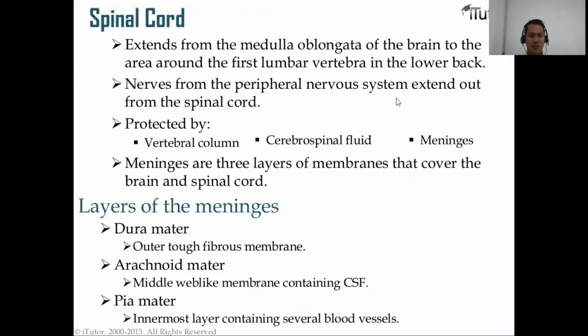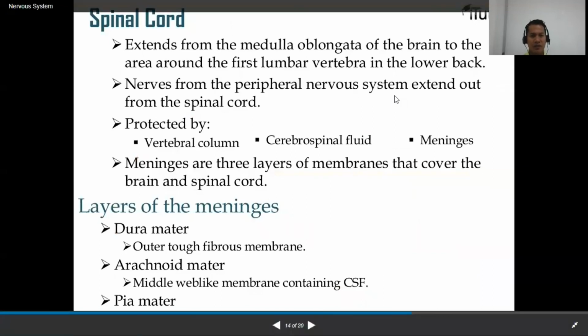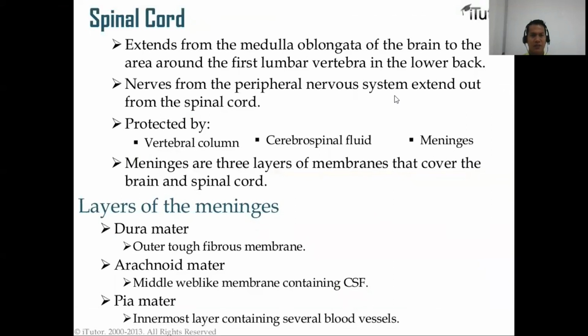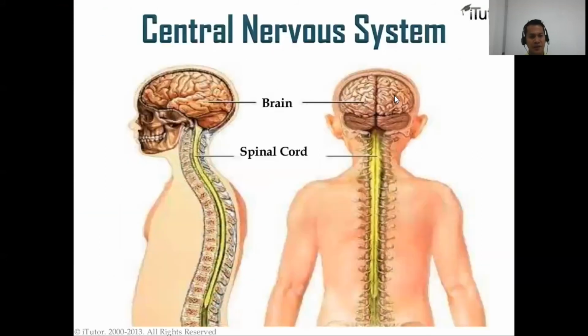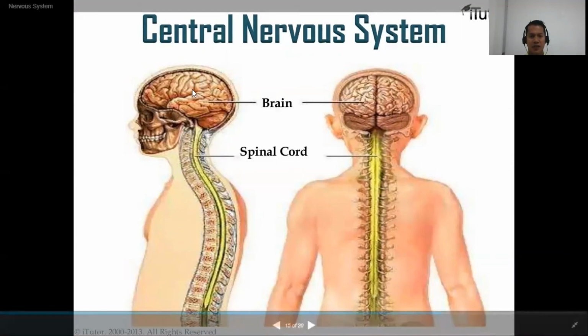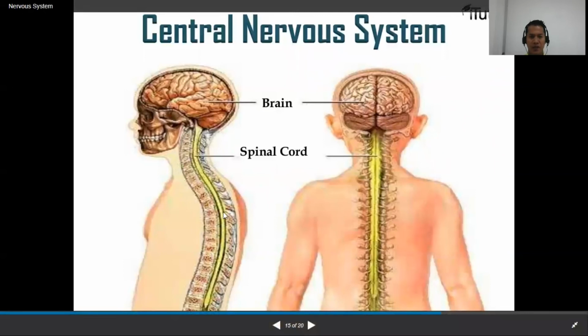Now let's talk about the spinal cord. Spinal cord, very important. We have to protect our back, okay? Because there are delicate spinal tissues underlying our vertebrae. I'm not going to talk much about this one, okay? So once again, this is the central nervous system, the brain and the spinal cord. Very important because